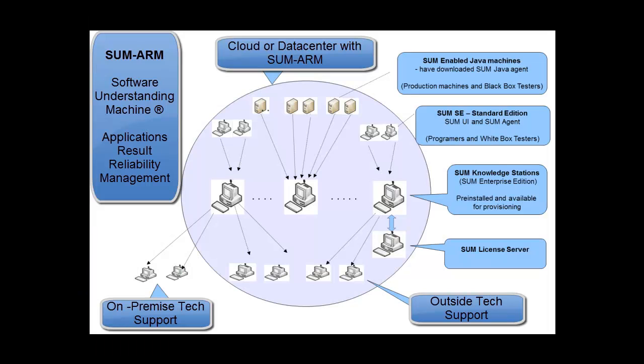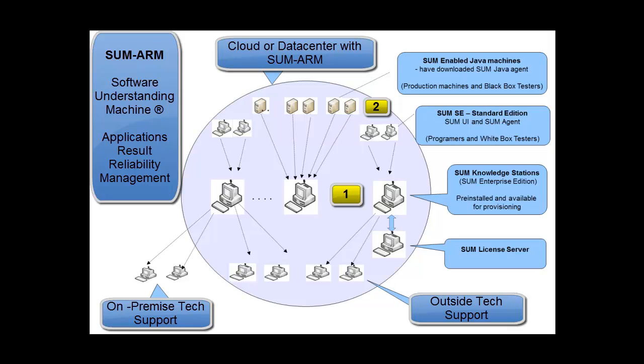This diagram explains the components of the software system developed by Thinking Software, which we call SUM ARM, or Software Understanding Machine Applications Results Reliability Management. All of the machines on this diagram are divided in 4 categories. In the middle, you see SUM Knowledge Stations, or SUM Enterprise Edition machines. Their function is to accumulate the analysis performed elsewhere, process it, and pass it to machines subscribing for the SUM